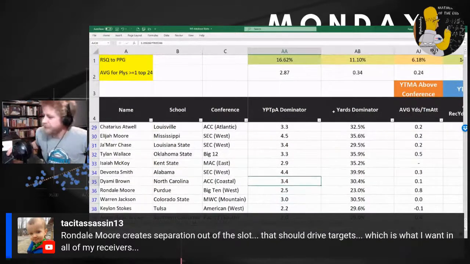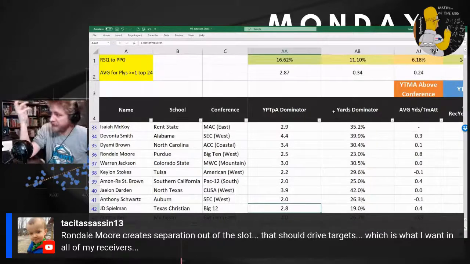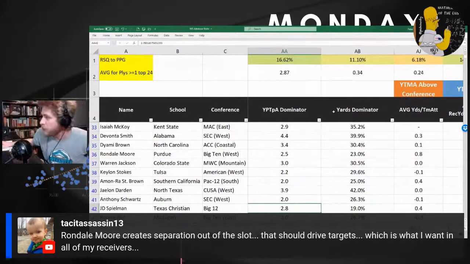Actually, that's a very Juju Smith-Schuster thing. That might explain why I like Juju, not more than other people, because as I've been discovering, his value is held over his ADP. But I respect that Ronda Moore was able to produce similarly to players with further down the field roles. That's impressive to me. He's getting a 2.5 yards per team pass attempt dominator, and players with further down the field roles are scoring 3s and 2.2s in some cases. It's impressive to me he's in the mix despite that hampering. That actually makes me more impressed.